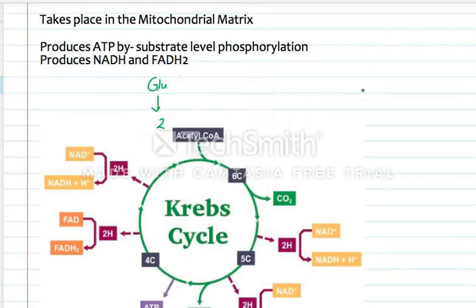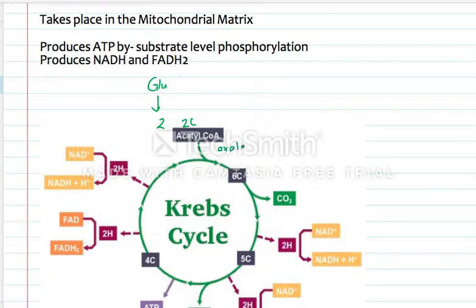Now, this process produces many NADHs and FADH2s, which are electron carriers, and here they are in the reduced form. Let's begin. Now, the PDC, or the pyruvate decarboxylation complex, yielded acetyl-CoA. Acetyl-CoA, each acetyl unit has 2 carbons. The 2-carbon acetyl unit binds to a molecule called